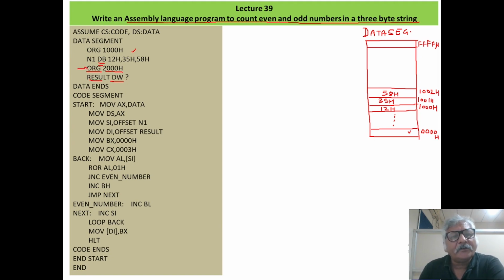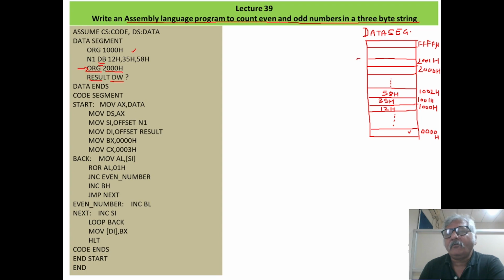Now what will happen? Since we have written org 2000H, 2000H may be somewhere here. This is the 2000H offset address, and the next offset address is 2001H.